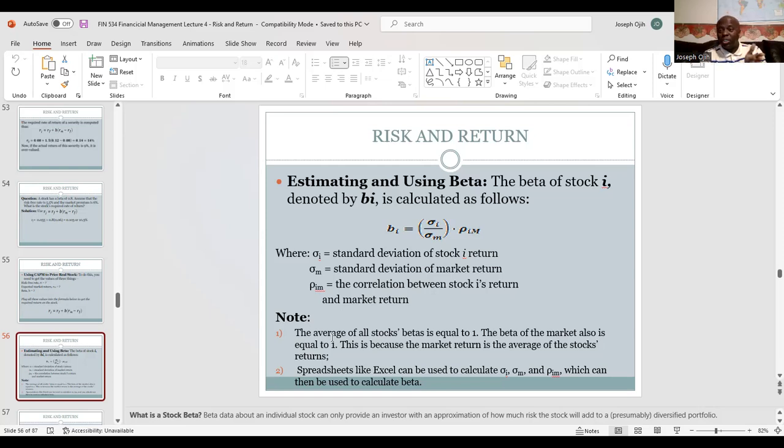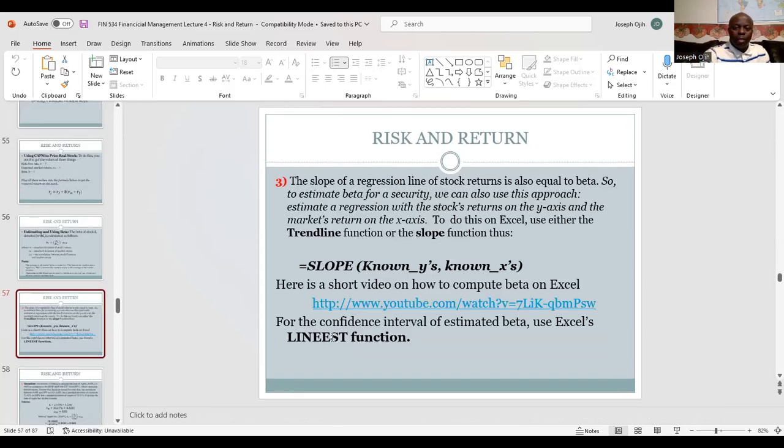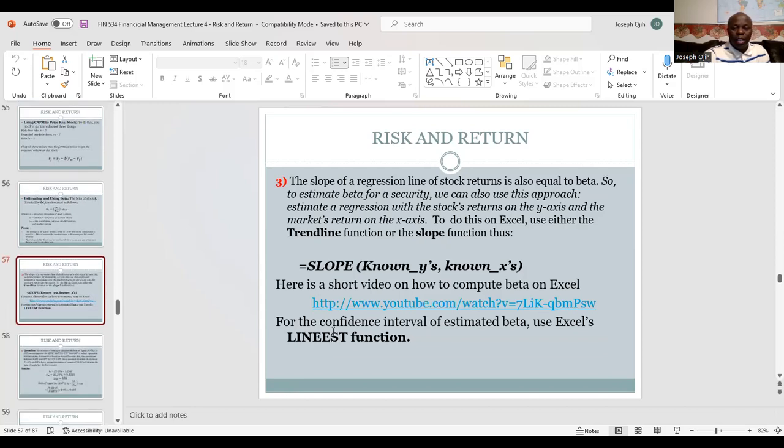You can also use spreadsheets to calculate the delta I, delta M, and rho IM, like I stated a few minutes ago. Now, you can equally calculate beta using Excel, and that one is even the easiest to do. So let's look at an example of how you can apply this formula. But before then, I think I mentioned it already. You can also calculate